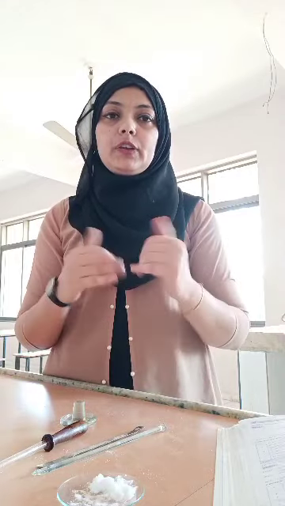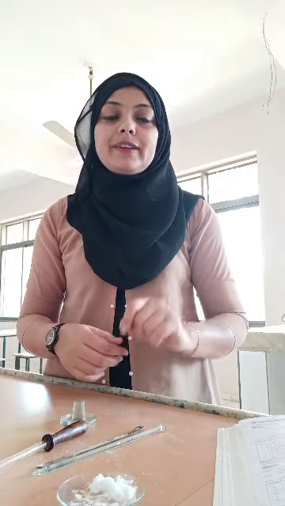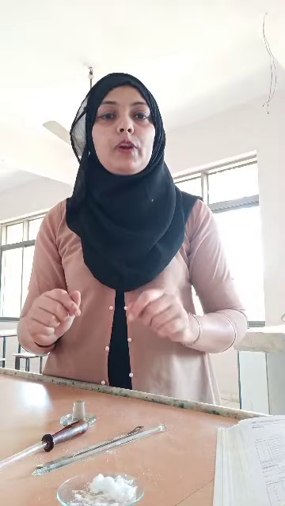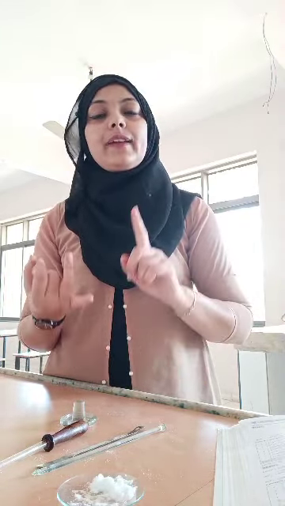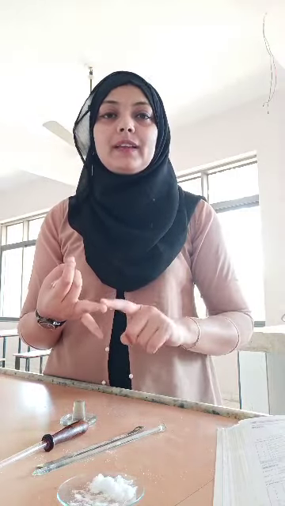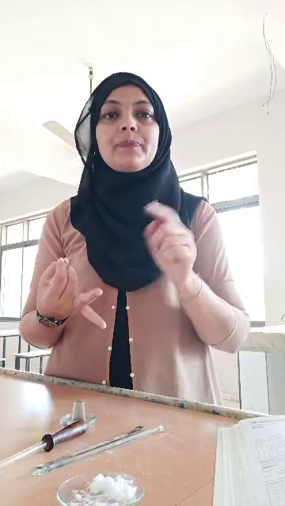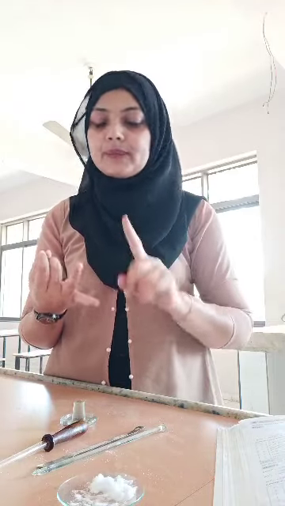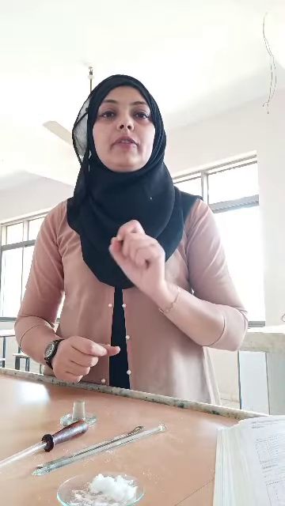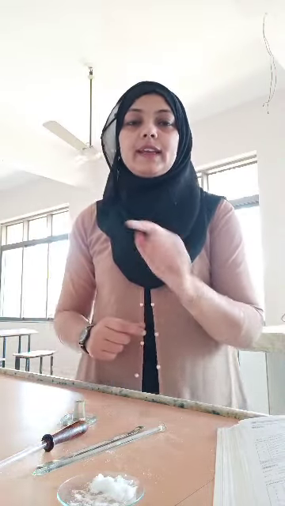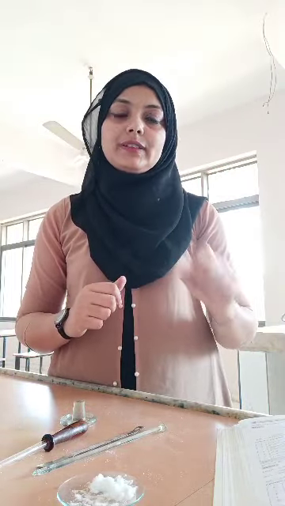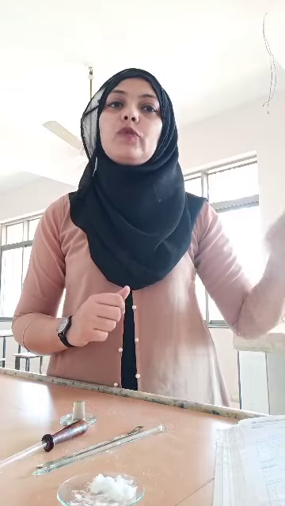After completion of the table you have to write CT, confirmatory test for the positive radical, and you have to give the test of the ammonium. In that you will write both the tests which we have done today, Nessler reagent also, and warming the NaOH plus your salt solution and bringing the glass rod and getting the fumes. Both the confirmatory tests you have to write. Last you will write the result. In that you will write cation, ammonium ion, anion, bromide ion. The given salt is ammonium bromide, NH4Br.